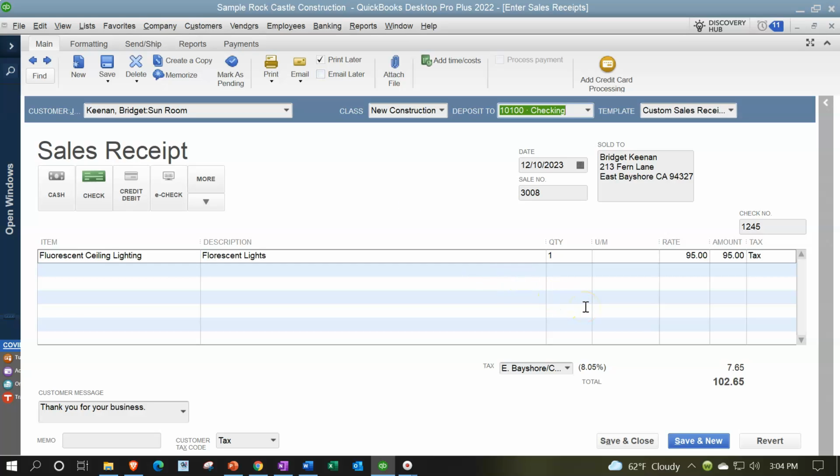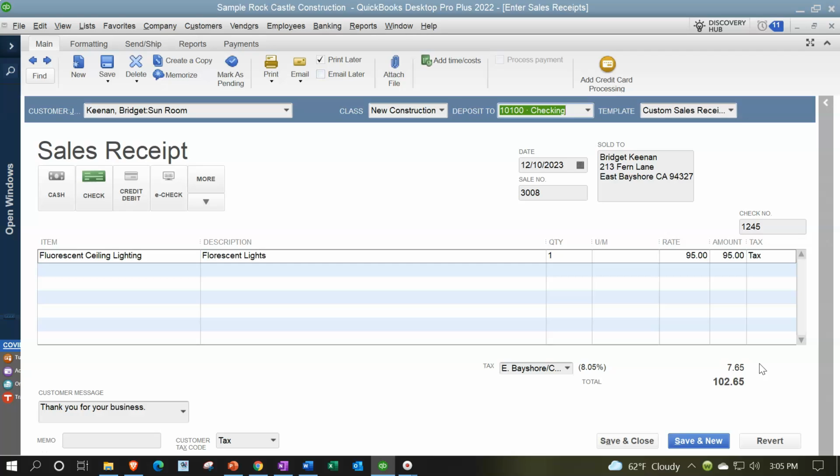And then the other side is going to go to sales, but the sales is not going to go up by the 102.65 in this case, but rather simply by the 95, because that's the amount that we actually sold. The 7.65 is a tax, which in theory is not on us as the business owners, but on the customer. Therefore, we're not going to record the sale at 102.65 and then an expense with regards to the sales tax, but rather we're going to record our sales of 95, and then we're just the collection agent for the state,